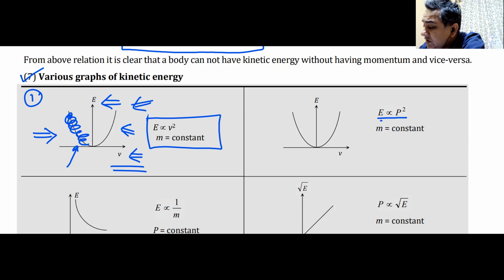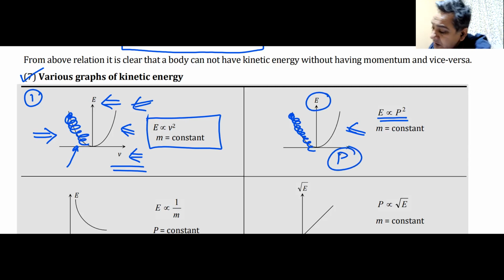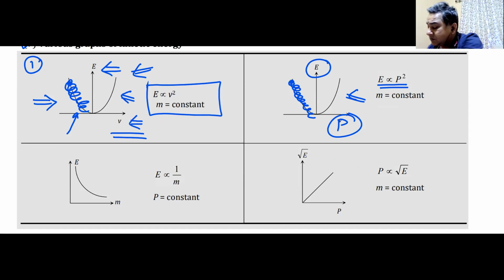Similarly, they have drawn energy with momentum. Again, energy is directly proportional to p square. The left hand side graph again does not matter because momentum is a vector quantity. They have thought of it as a negative quantity as well in terms of direction. If the graph comes, the negative part should not come. It's only the positive graph. Here it should be E on the y-axis and momentum P on the x-axis. Wrongly it was written as V, a misprint. Then this was the second graph.